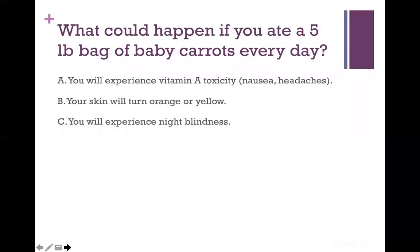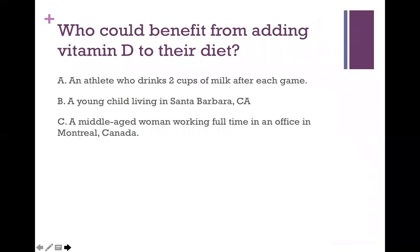And a tiny bit more trivia. What could happen if you ate a 5-pound bag of baby carrots every day? Hopefully you said your skin will turn orange. It could. It doesn't mean it will, but it could. Who could benefit from adding vitamin D to their diet? An athlete drinking milk, a young child in Santa Barbara, California, or a middle-aged woman working full-time in an office in Montreal, Canada? Hopefully you said